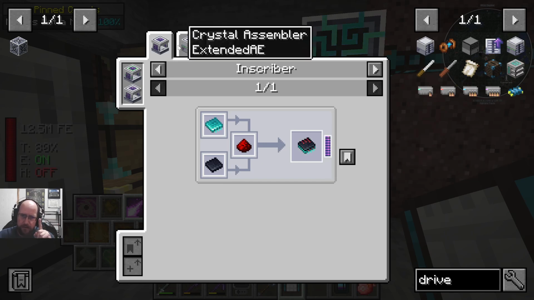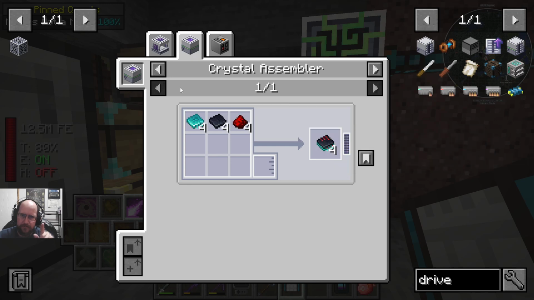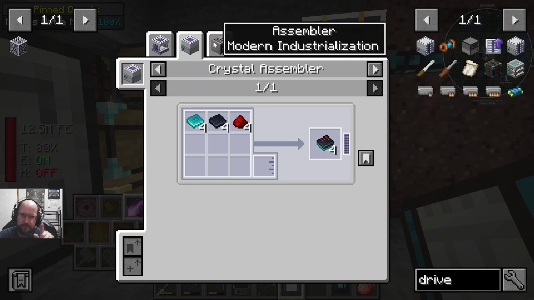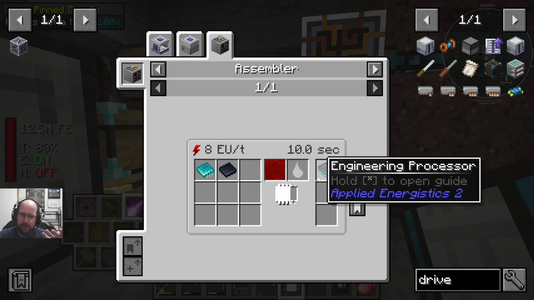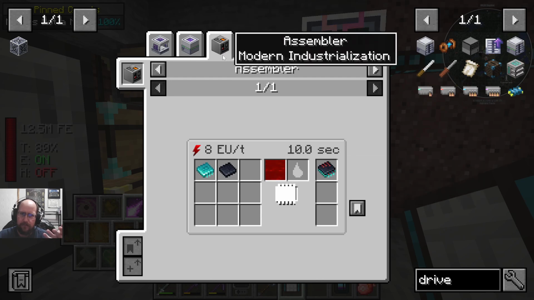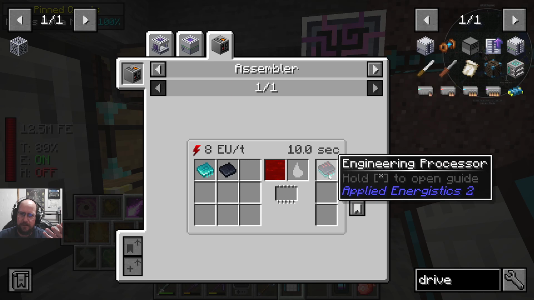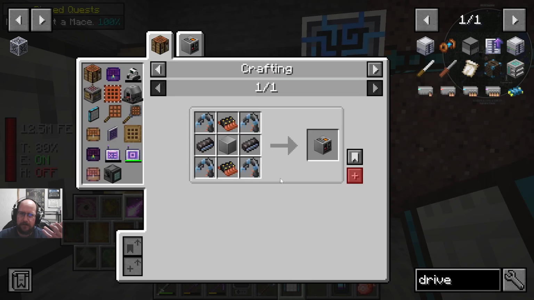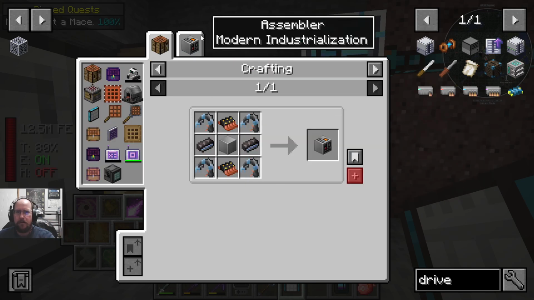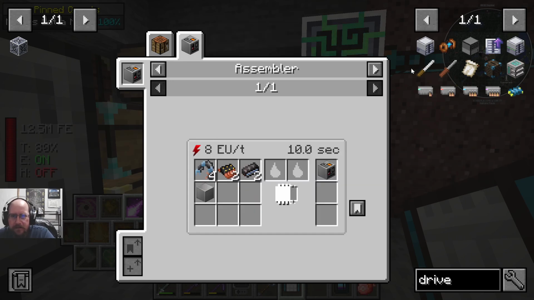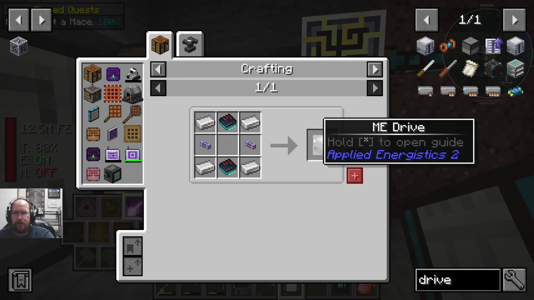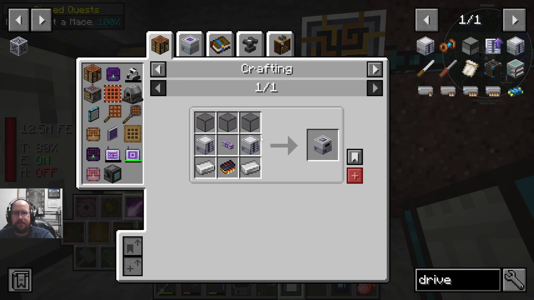For the initial. Now there's other stuff too. This thing right here can do stuff, and then this is also a way of doing it for Modern Industrialization, they integrated that, so cool, right? I think it is actually. Anyhow, we have a drive. Well, the problem is we have to actually have